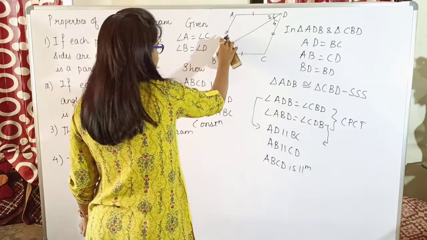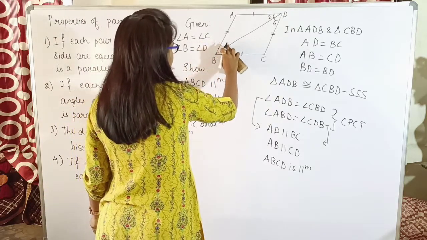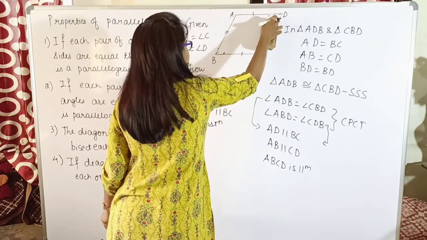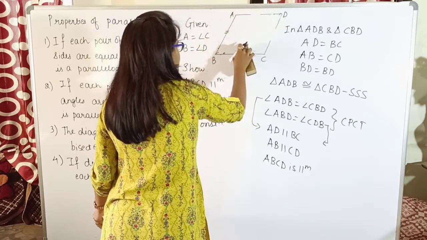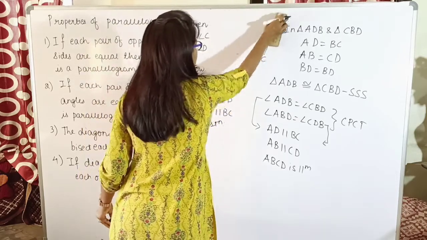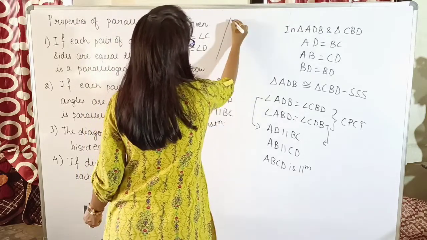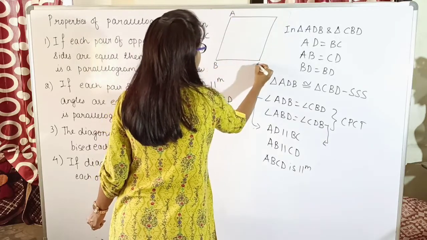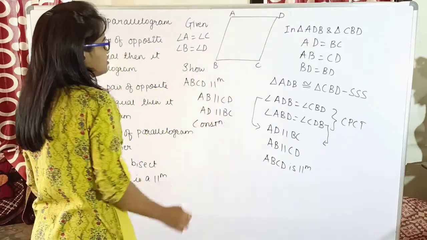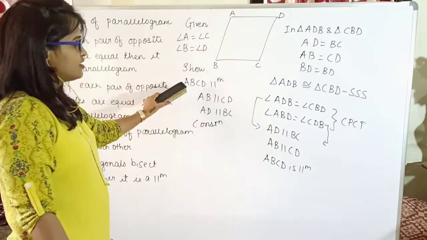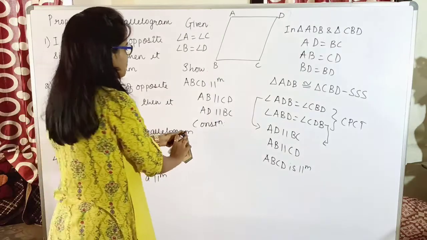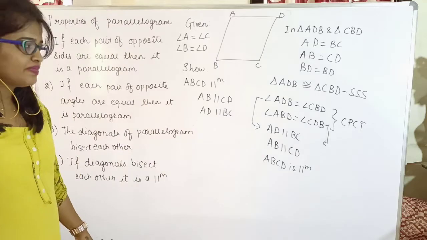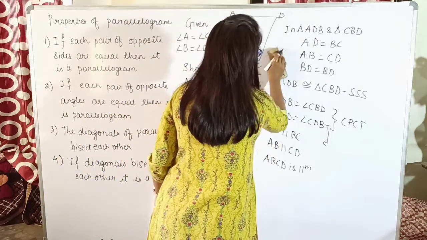Okay, so do I need these angles? I don't know. So let me rub it. If I need it, I will draw it again. Okay. Further, the relation between the sides, that is also not given. So just a quadrilateral with equal opposite angles. Okay, so A equal to C, B equal to D. Again, your show that would be same. You have to show that it is a parallelogram, which means AD and BC are parallel, whereas AB and CD are parallel. Okay. So now how will you show?